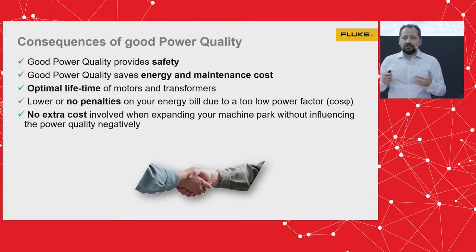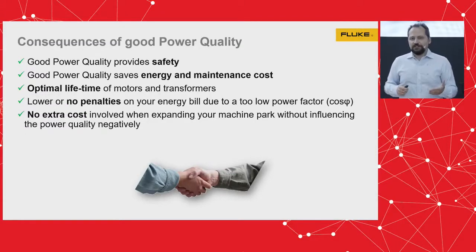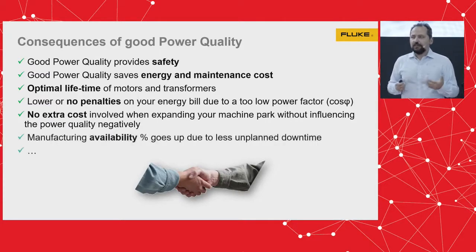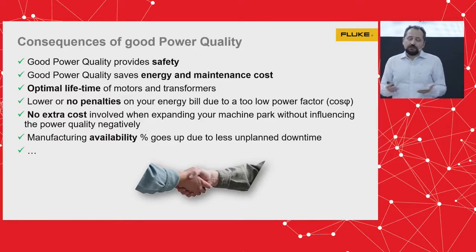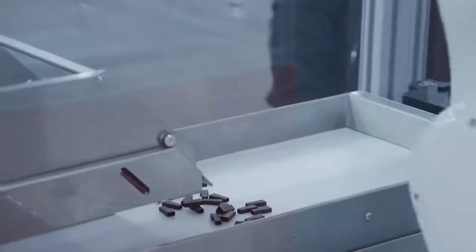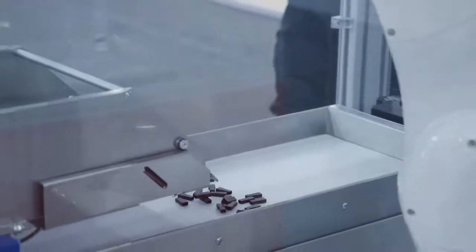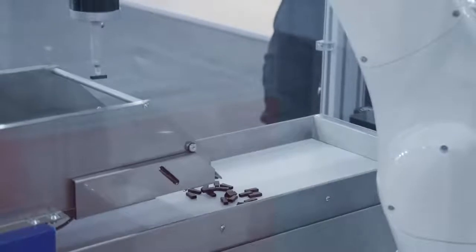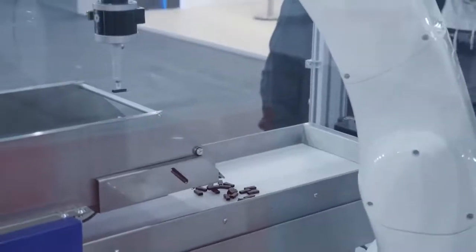Apart from that, we can better plan for expansions of our facility because we know its limits, and we maximize availability of our production because we keep our power quality under control, and therefore we don't have unexpected tripping of protection devices. We don't have assets failing, transformers, motors, and so on. So this is a brief summary on power quality. Now,